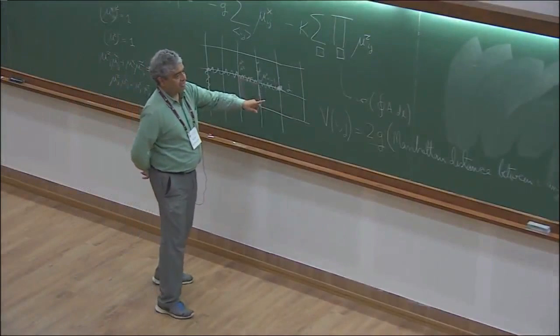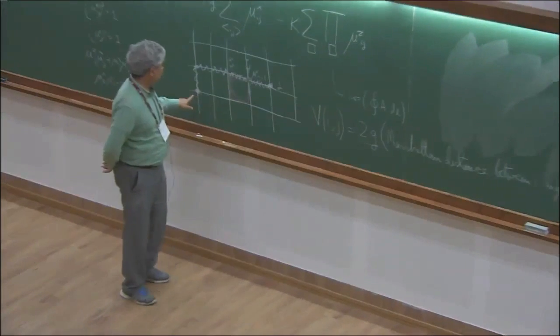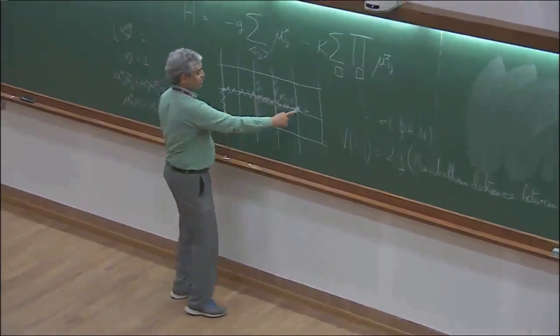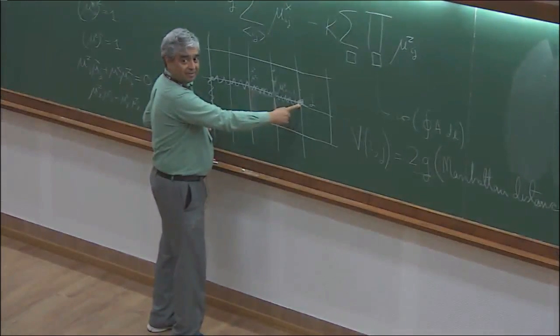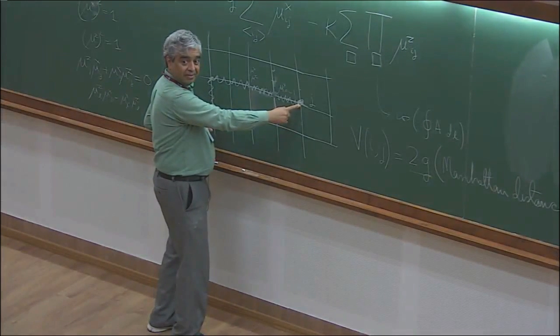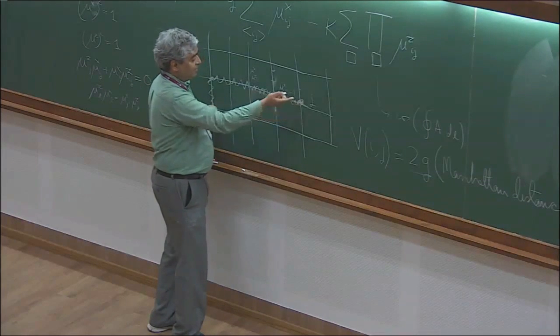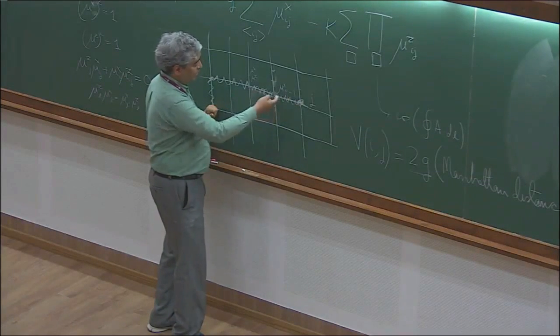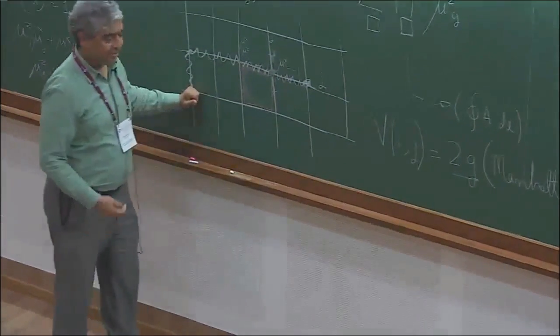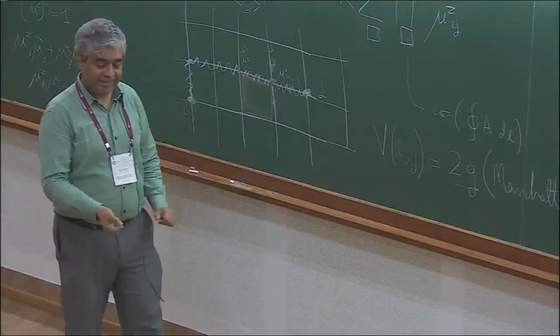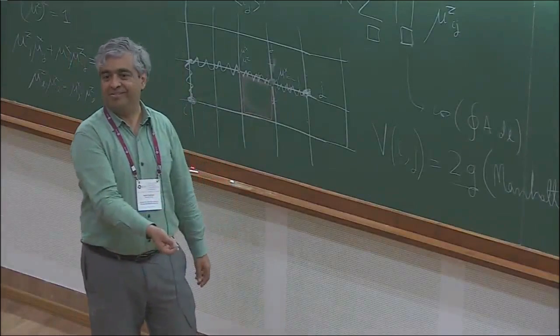Right, because G_i is -1 only at the ends. There are two charges, a charge here and a charge here. There is -1, and everywhere else is +1. So I put the constraint as -1 here and -1 here, and then I have no choice but to put this through. The string cannot break. If the string breaks, that means you have a charge there, by definition.